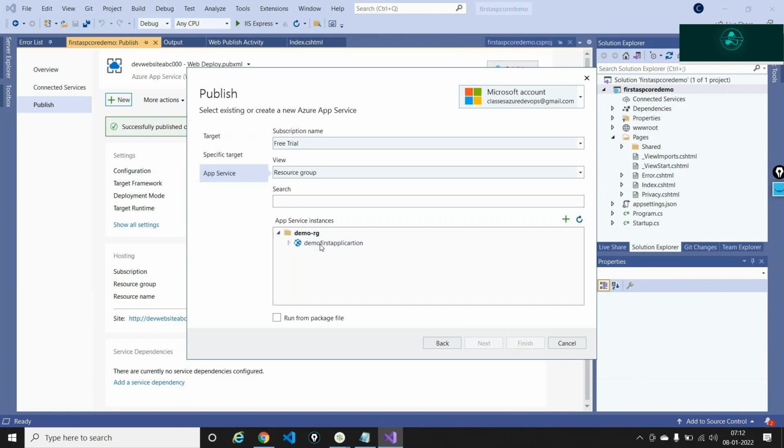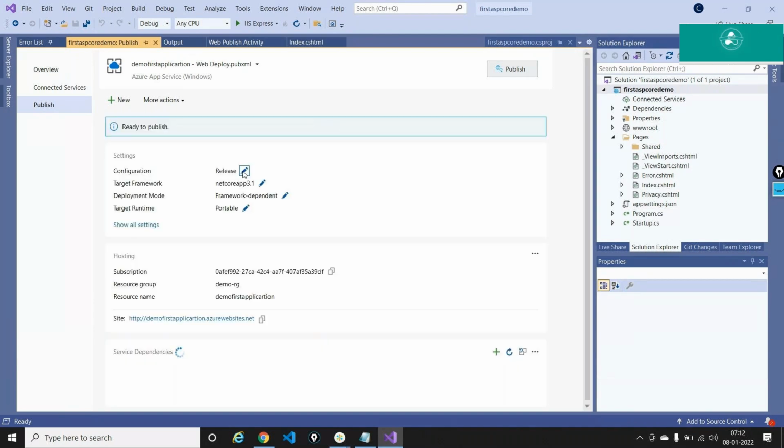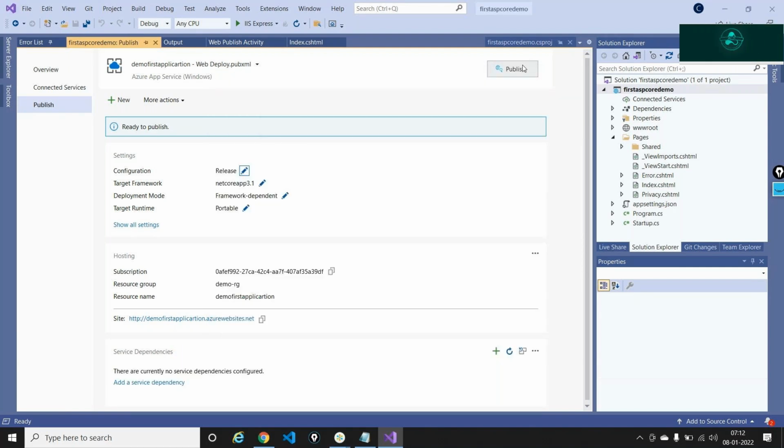It says demo first application, which is great. Finally, I'll say publish. Let me do one more thing here. I'll click on Edit Publishing Profile, select remove additional files at the destination, save this out, and then publish.